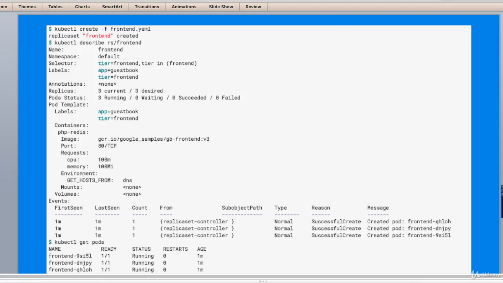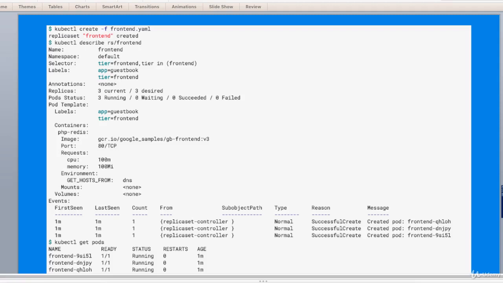Now coming on to pod templates. The .spec.template is the only required field of .spec. The .spec.template is a pod template. It has exactly the same schema as a pod except that it is nested and does not have an API version or kind. In addition to required fields of a pod, a pod template in a replica set must specify appropriate labels and an appropriate restart policy.